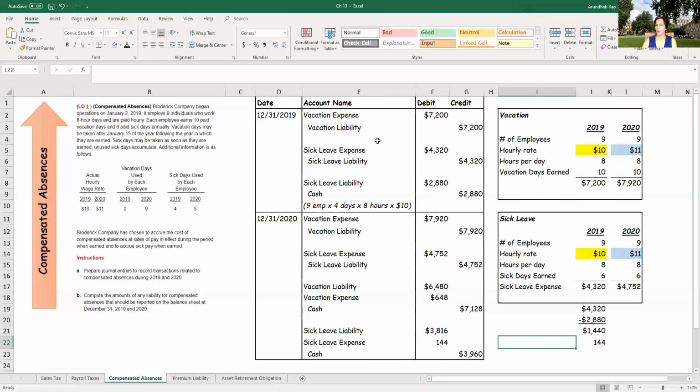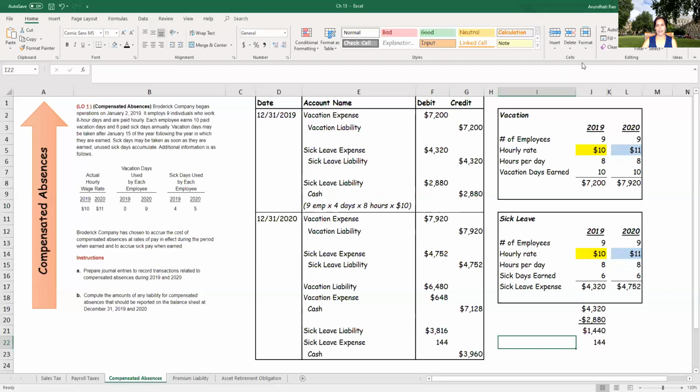Once again, when we do the accrual entry, it is at the prevailing rate. Okay, so whatever the compensation rate is, here it was $10 per hour, then it moved to 11. When you pay it out, when the employee takes a benefit, it's at the current rate. So even if they earned it last year and they're using it this year, they will be compensated at the current rate. So that's where we have a little bit of an issue with compensated absences. Once again, it's treated as a current liability because the assumption is employees are going to make use of that benefit the next year. That's why it's called a current liability.